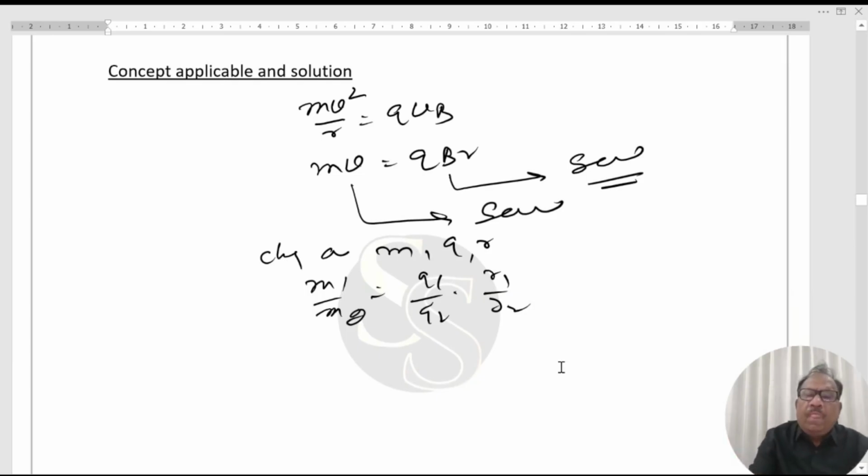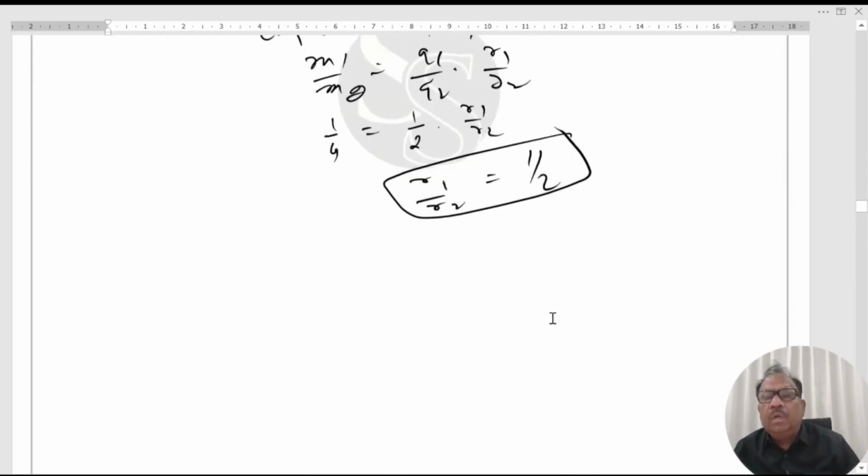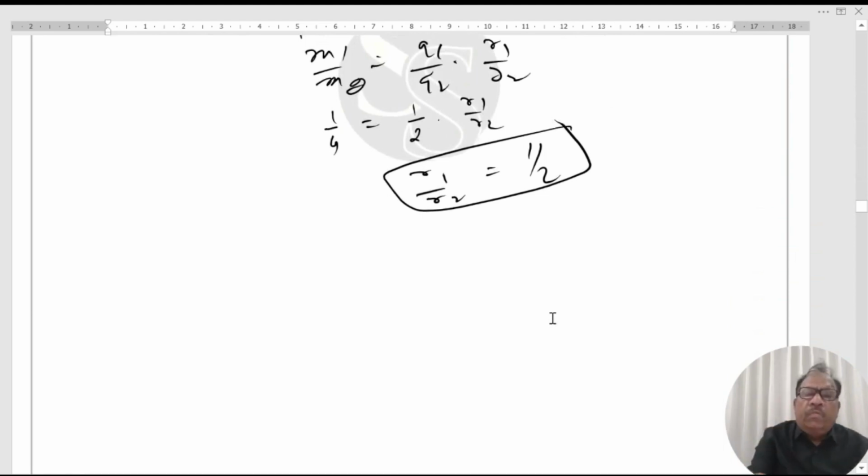For the alpha particle, so 1 by 4, right? This will become 1 by 2. Proton over alpha into R1 over R2. R1 upon R2 comes out to be 1 by 2. This is not the answer. We have to find the ratio of time periods. To find the time period, we use